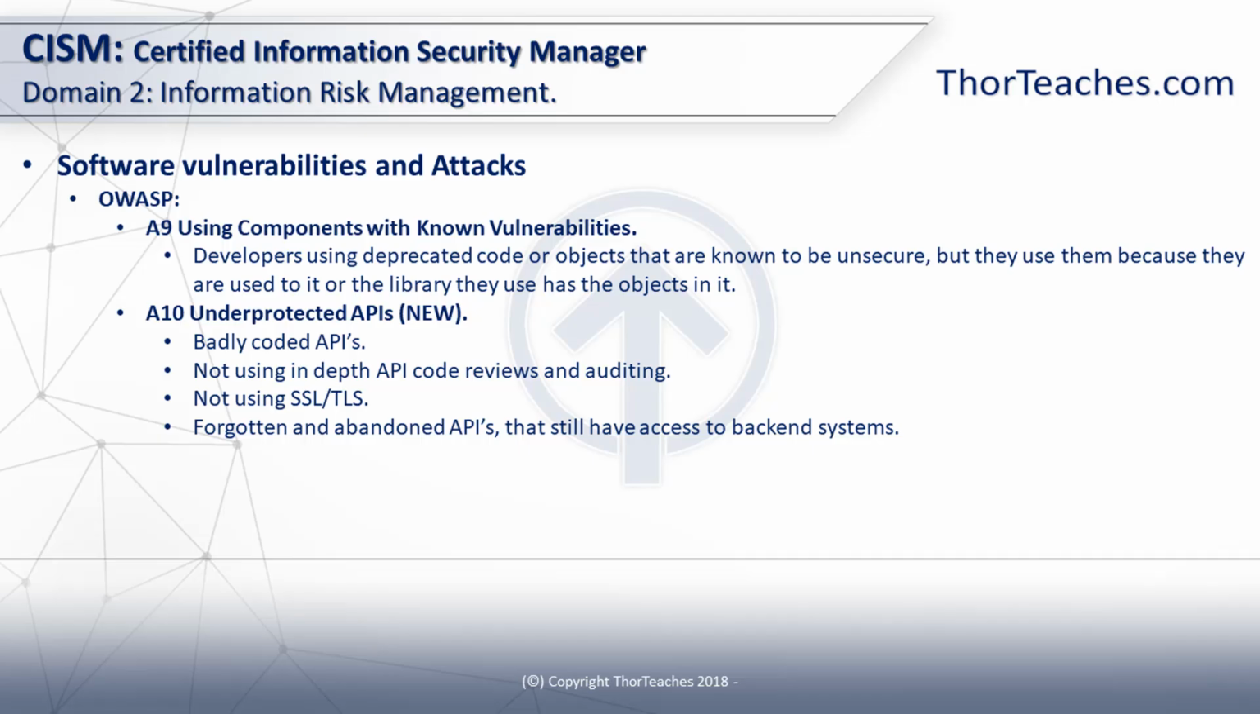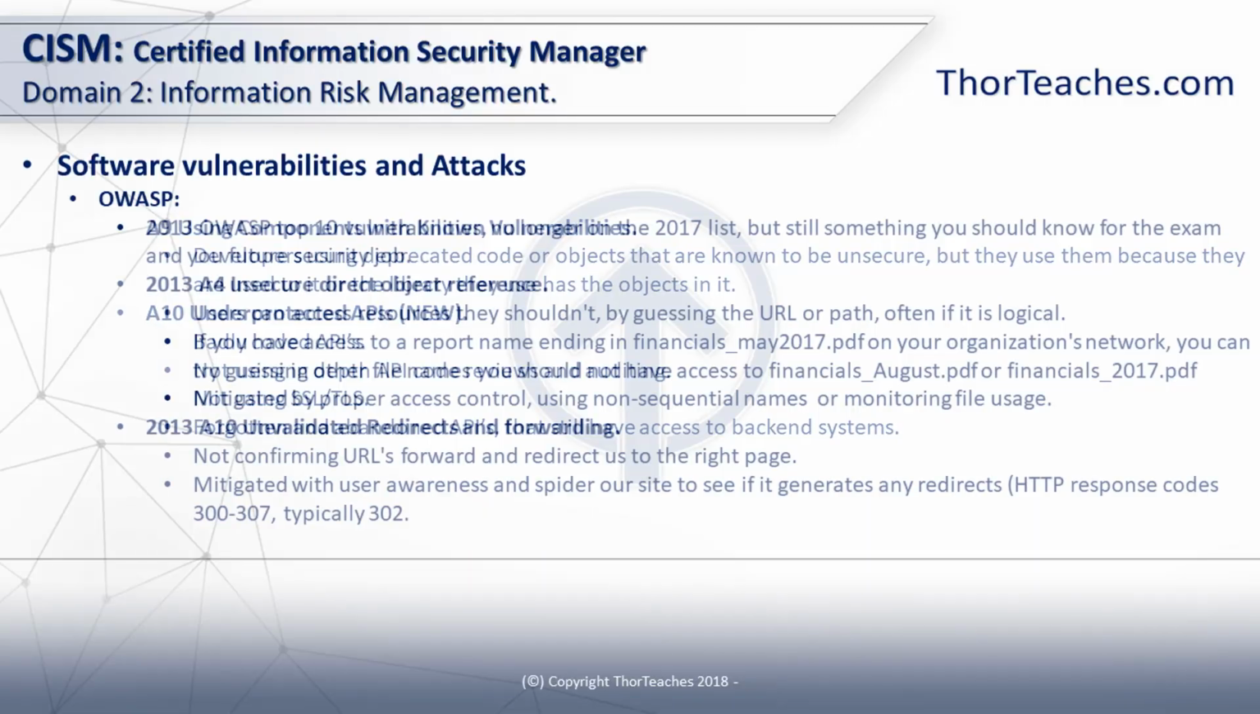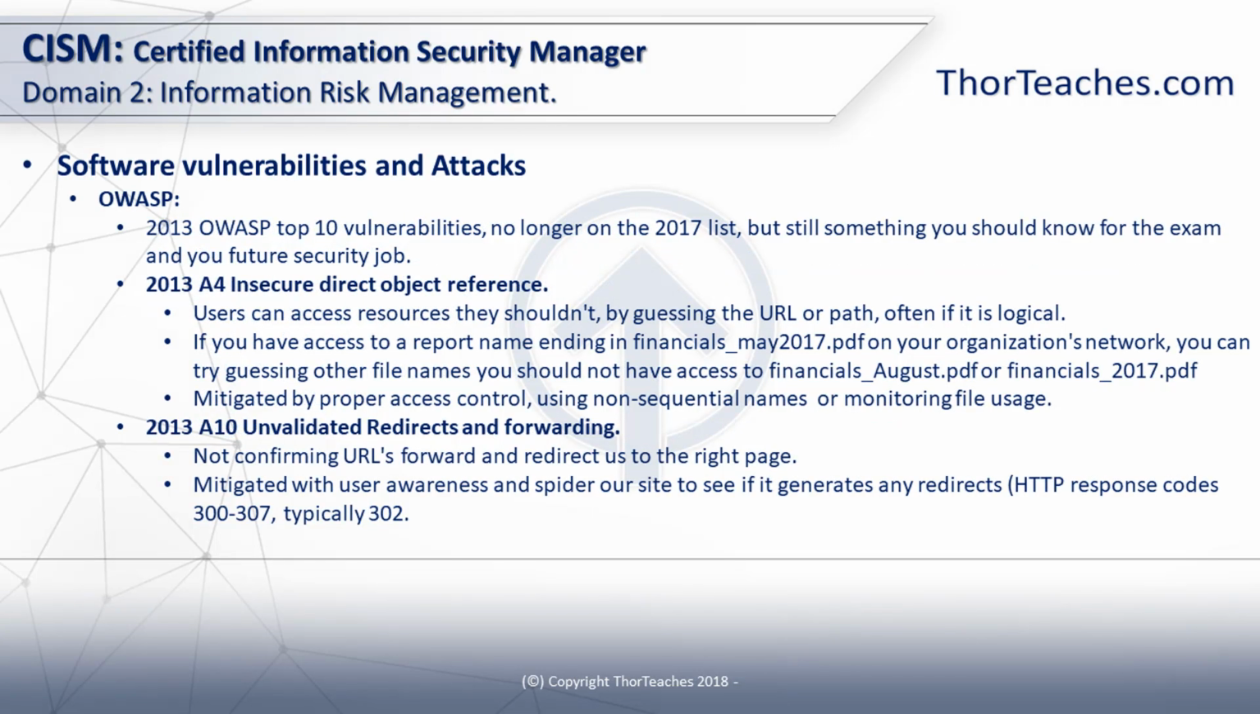And let's round out the OWASP Top 10 with the 2 that left the list in the 2017 version, but I still think you need to know them, both for your job and also for the exam. Insecure Direct Object Reference is when users can guess a URL or a file path that they shouldn't, but they can because it is logical. So if, for instance, we have a PDF that's called financials_May 2017, and I should have access to that, if I wanted to see June or July's, it would be a safe bet to guess that probably that PDF is going to be called